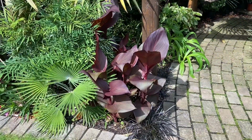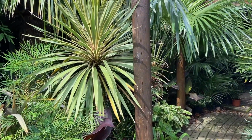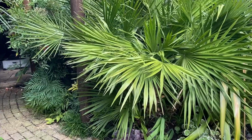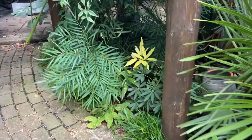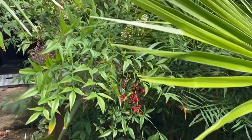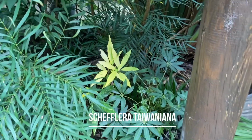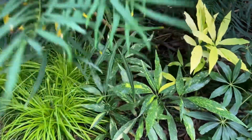So we've got this Canna Black Velvet starting it. We've got the Torbay Dazzler there, Mahonia Soft Caress, Canna Humulus to the right with some heucheras under it. Then we're going into another Mahonia Soft Caress because I like to repeat plant. Above that on the right is a Nandina domestica, potted Schefflera taiwaniana, and if I can move this, which I might even cut off, bit of Mahonia Soft Caress,